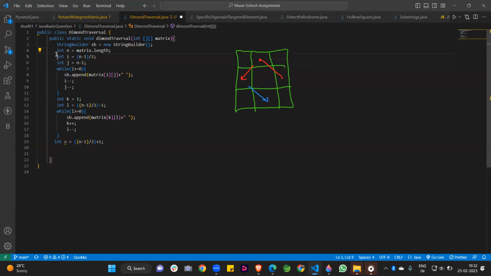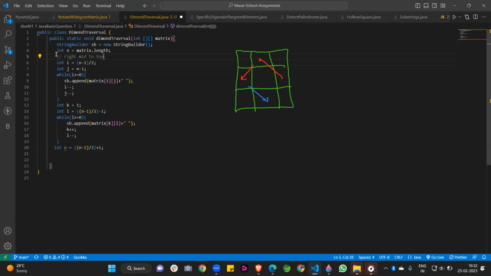So I am writing here right mid to top, and after that we can write here top to left mid. After that we can write here left mid to bottom. Okay, so we are writing here left mid to bottom.